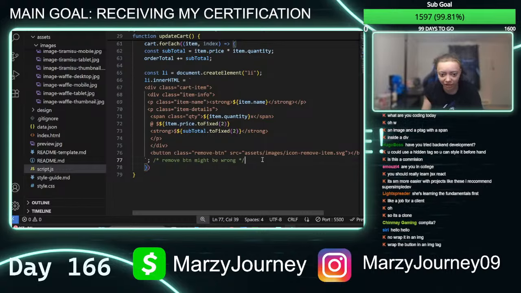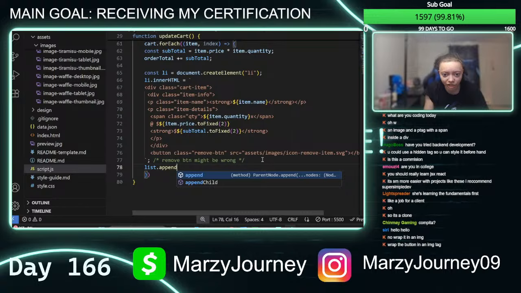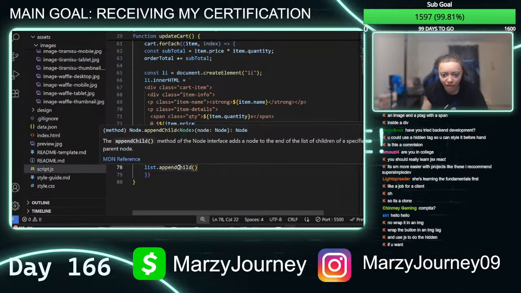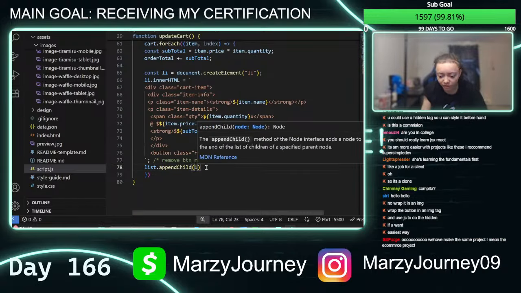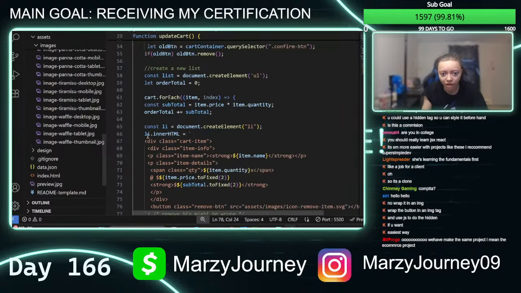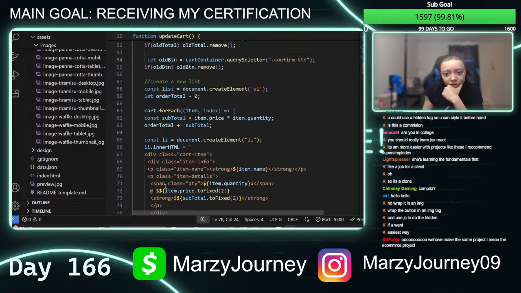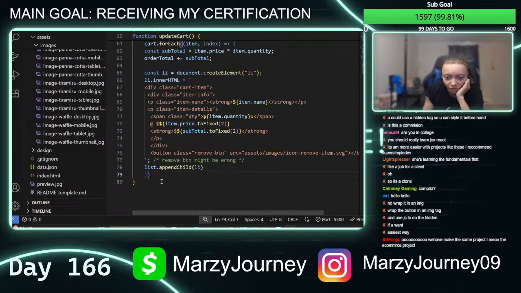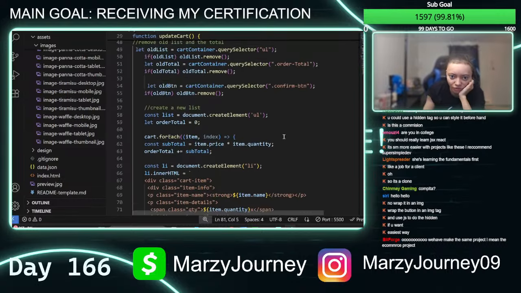And then last but not least, after all this, we need to do a list dot append child, because we need to get that down pat. This is a method where it adds a node to the end. Yes, that's exactly what we need. We put li, because this is what we wrote in here. We need to append this to the list, because the list is where the UL is. So now we're putting the LI to the UL, which makes total sense. And now you close this out, and then we're going to be starting somewhere else for the time being.